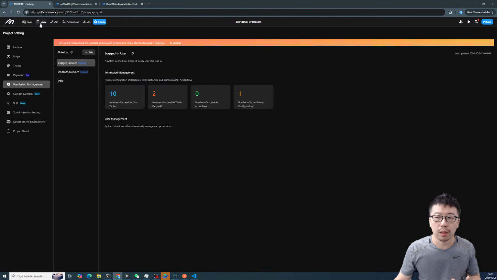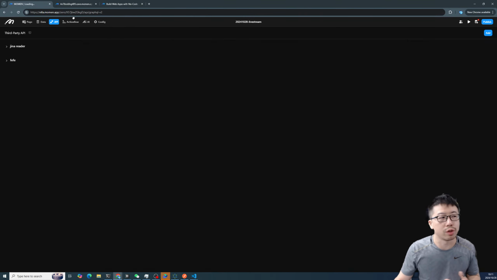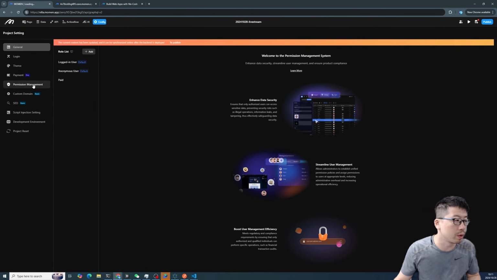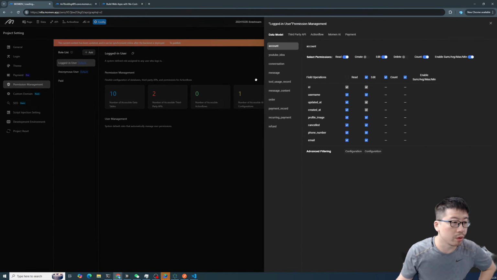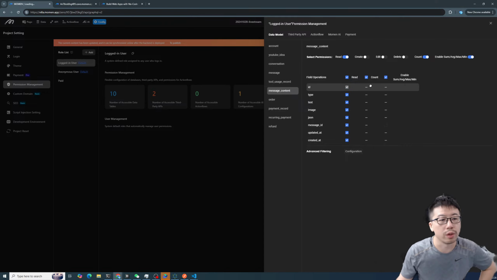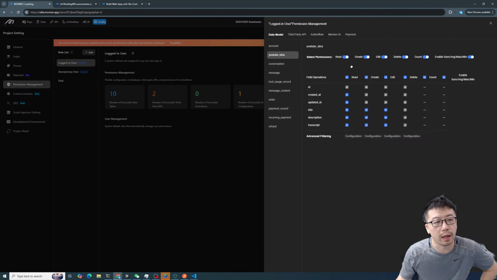And then obviously we need to control the access to, in this case, the AI agent, but also we might want to control access to individual tables, and that is what we're seeing here. On every one of them, you can control all the tables. For each table, you have a bunch of controls for read, create, edit, and delete, and that is true for every single table. Some of the tables, for example this one, you have no control over, because by default it's turned off. You can't create anything because those are system records, system tables. But for this example, YouTube idea, this particular table is created by me, and therefore you have all the different permissions,